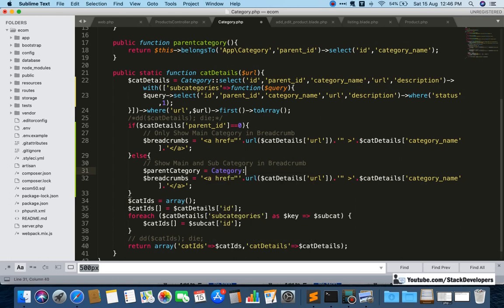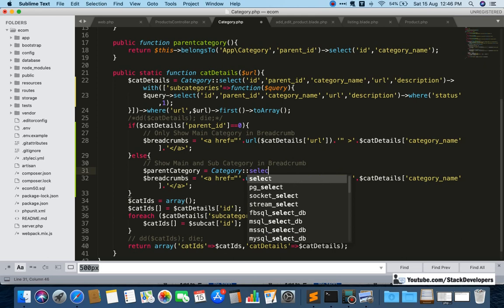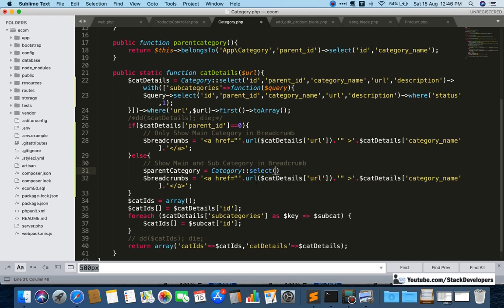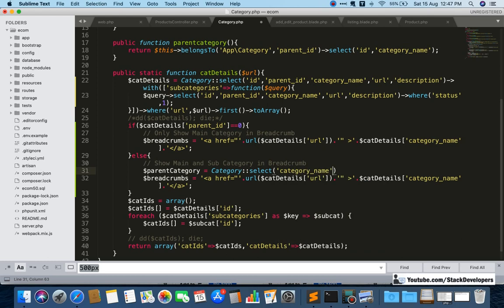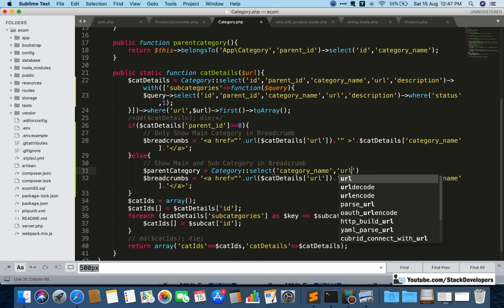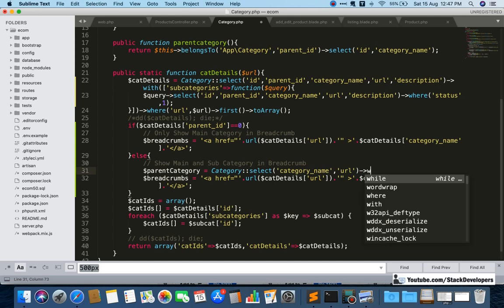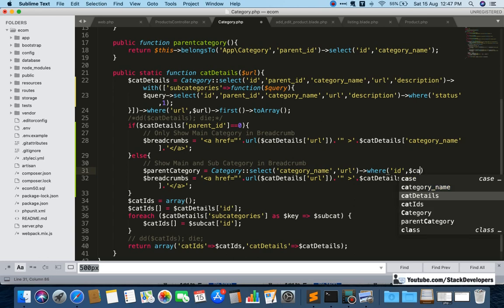Category, here I am going to select only, not all the things we require. We will just require the category name and url for now, and here we will add the condition where id we are going to fetch from the id itself.